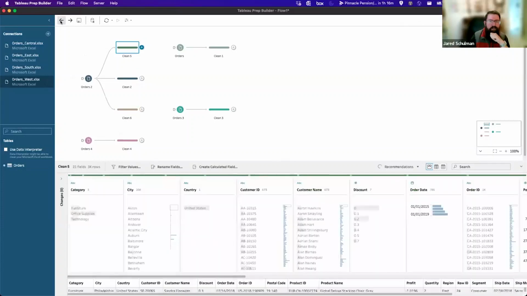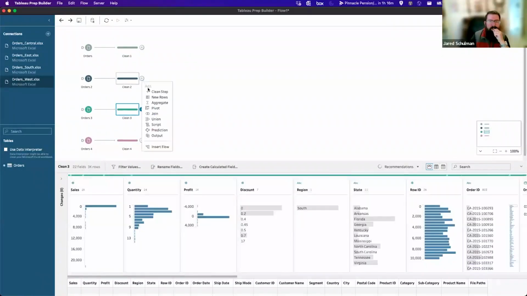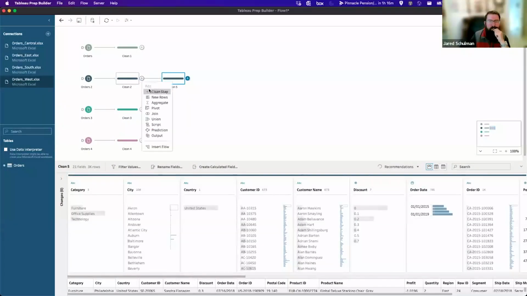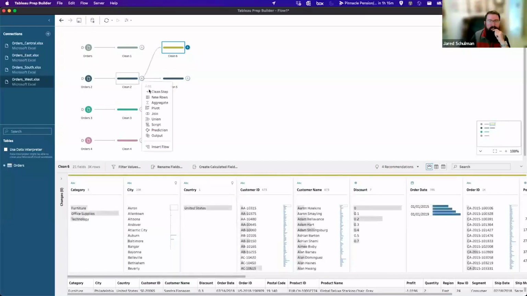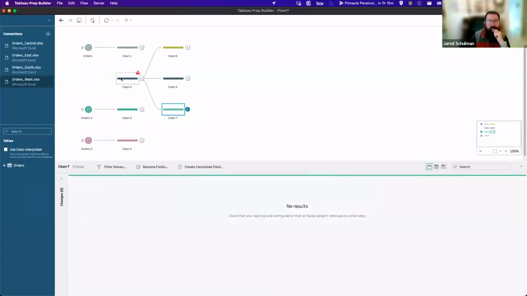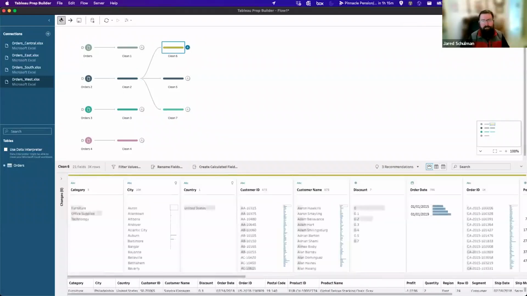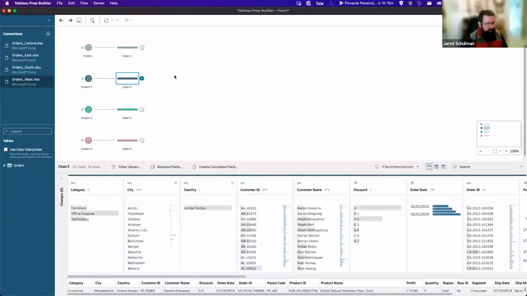But if we start from a clean step and then we add our 3 different branches, then when we get rid of that input step, we only have to reconnect the new input in one place, and it's going to flow down to each of those branches. So that'll save you some time if you ever have a flow that just has a bunch of different branches. So all of that, and I said we were going to do a union step.